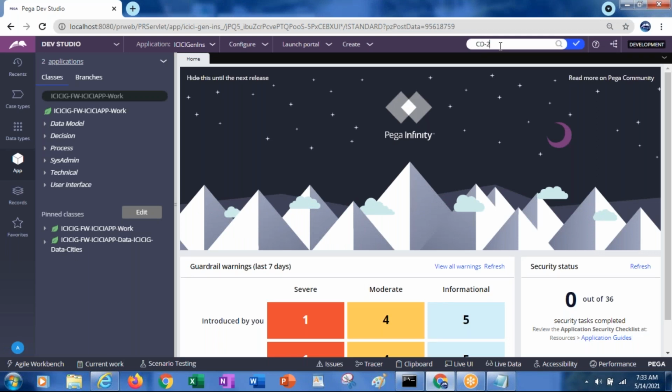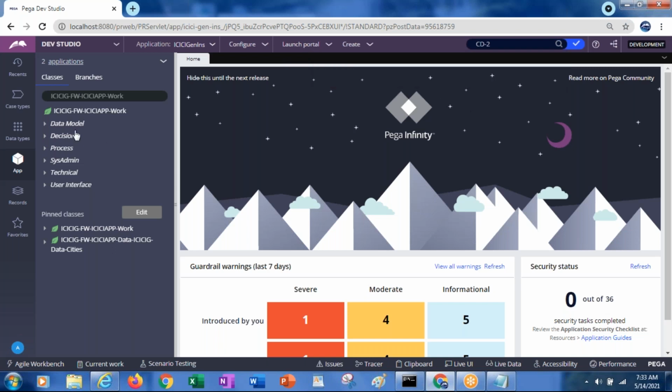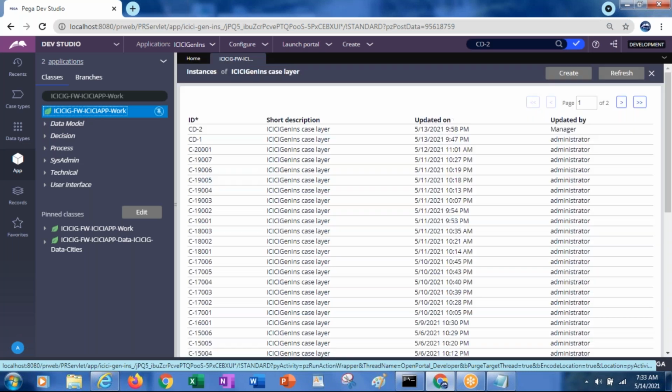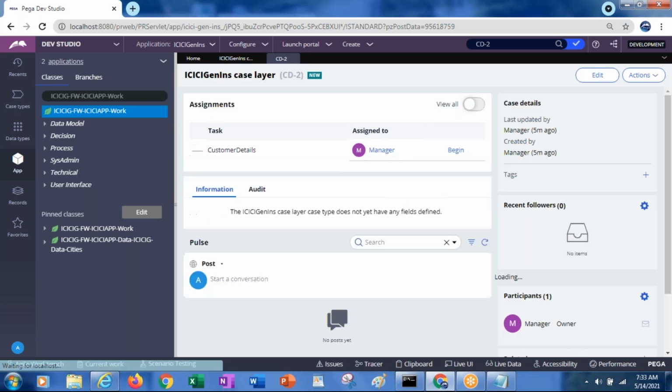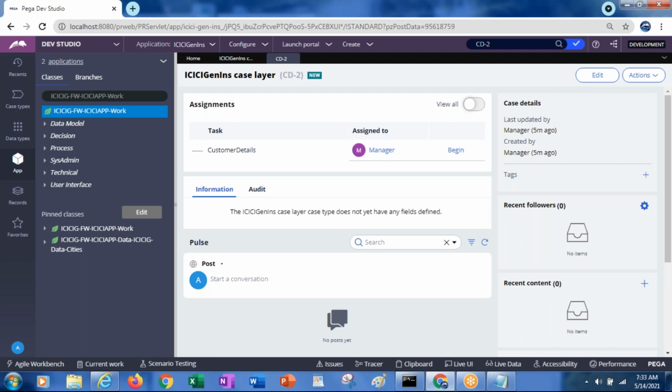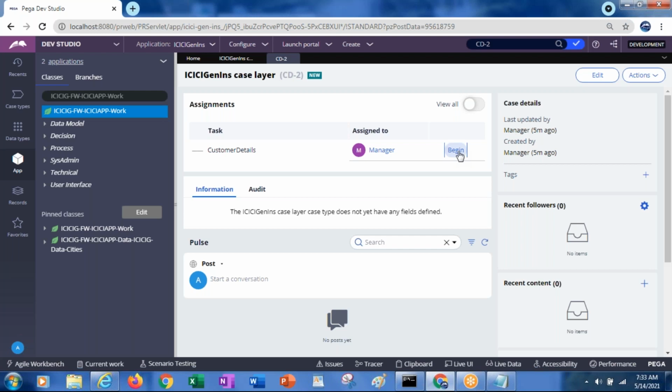From search also we can open that case. Let's see if it's open. Yeah, we got it. So CD-2, we will try to open from here. Okay, so it's already opened here. Now if you try to open,